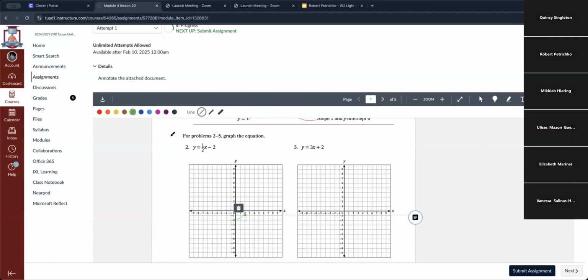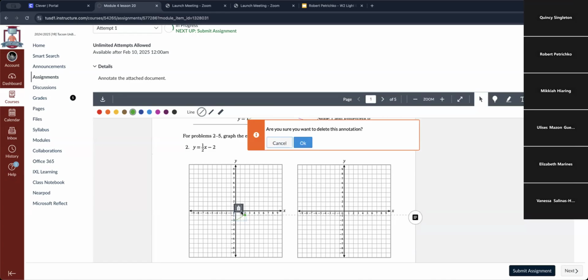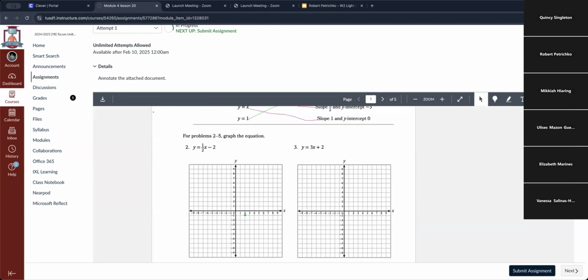But of course, that's a line segment. If you're drawing a line, it goes through both ways, right? You know what I'm saying? If it's a line, it's going to go all the way through. You drew a line segment and it hit the tube, but you want to do like rays, like lines keep going. So if you graph a line, what you did was right, but you just need to continue the line. Yeah, there you go. And on the other side,